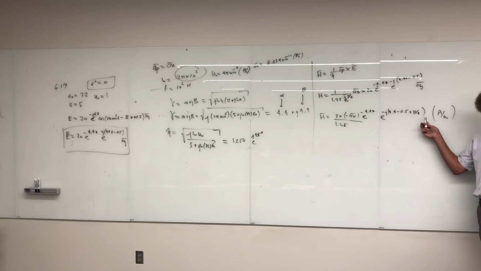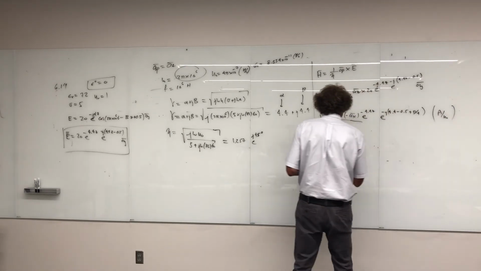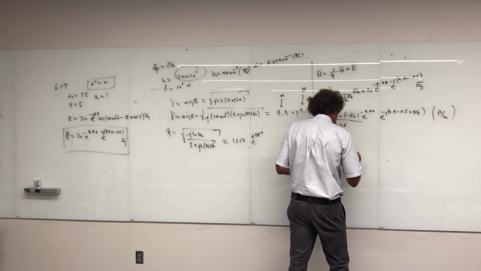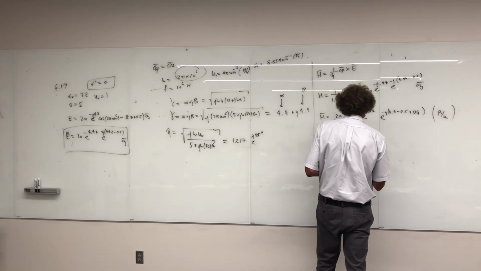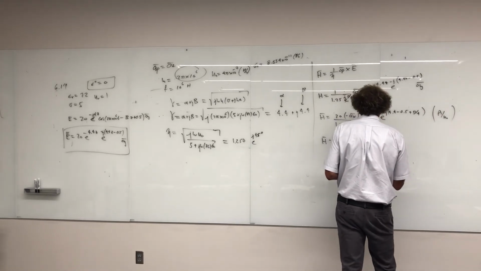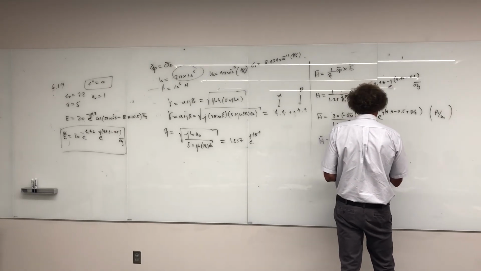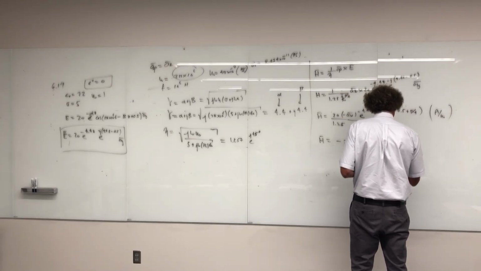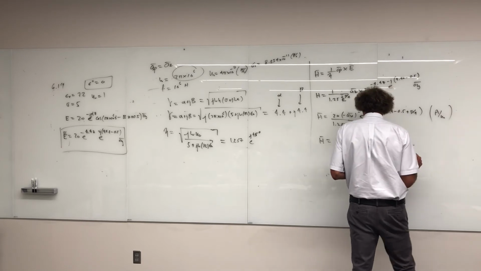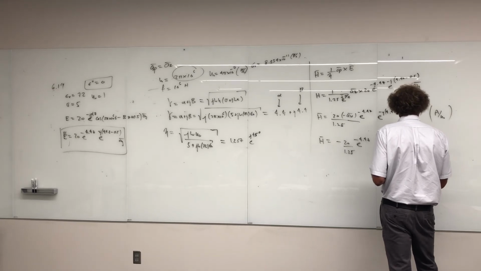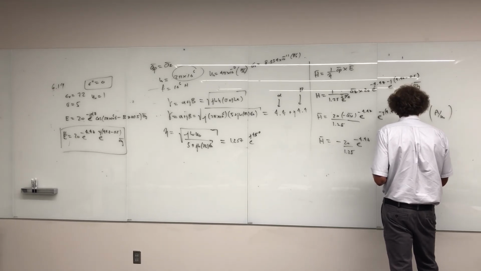I'm going to leave it like this for now. Okay, class? But there's a minus sign there. So that means h in the time domain, if I leave the minus sign, would be minus 20 over 1.25, and that's going to be e to the minus 4.4z. And then I'm going to have cosine of omega, that 2 pi times 10 to the 6, p, minus, and then this, minus